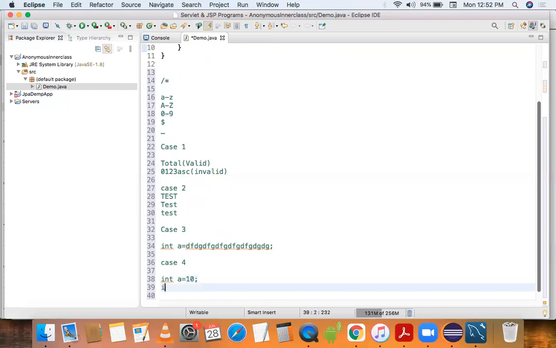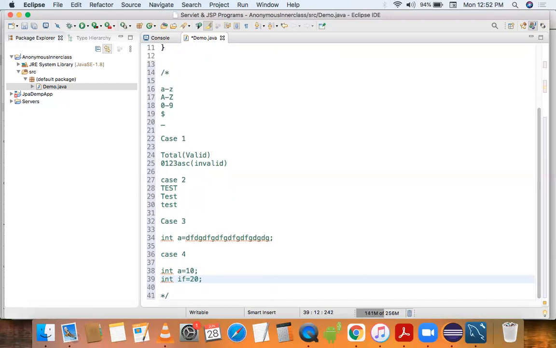But if I declare integer if equals to 20, this is an invalid identifier, because we cannot use a reserved word as an identifier. So if is a reserved word in Java, so we cannot use a reserved word as an identifier. So this is our fourth rule.